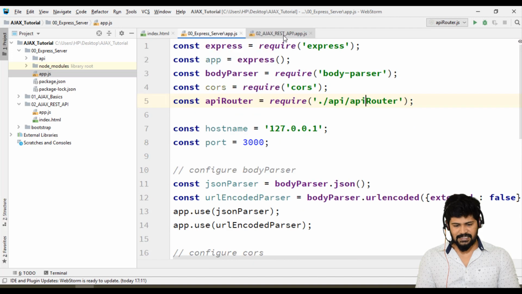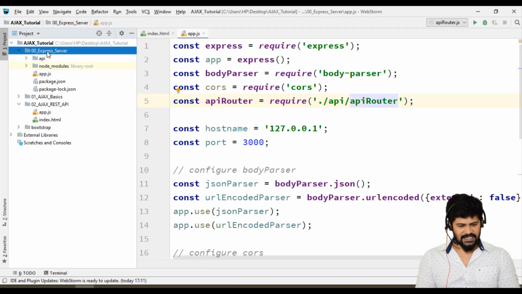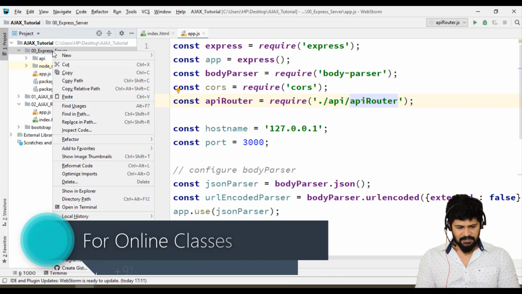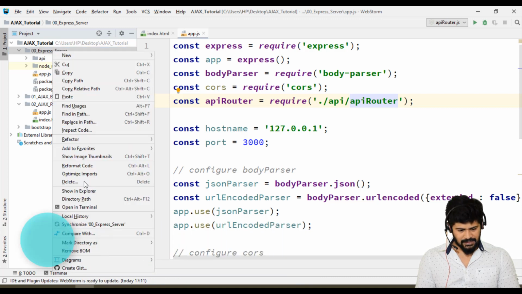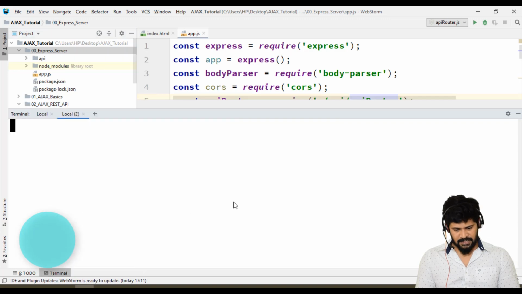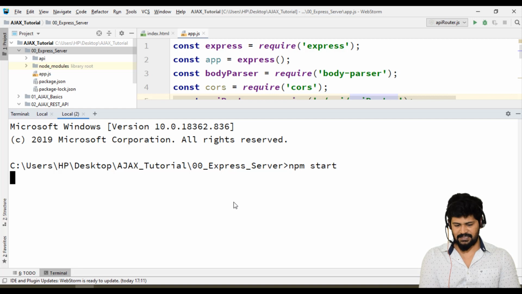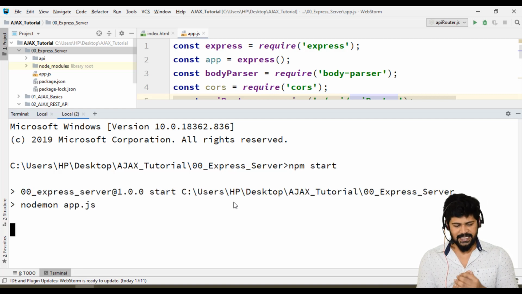So I need to start the server. You can just right click on this folder, open it in the command prompt, and run npm start. So let me right click, open in terminal, Express server, and just start with npm start. This is the command to start our Express server.